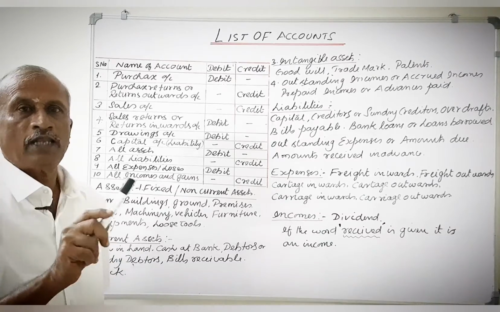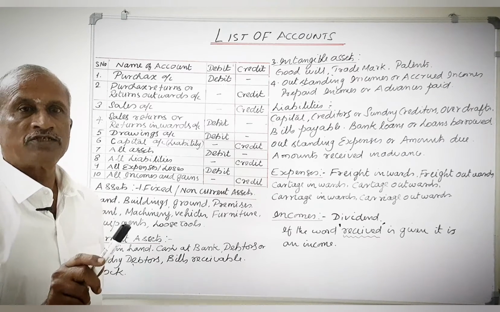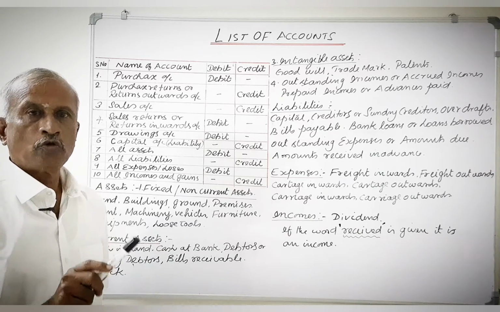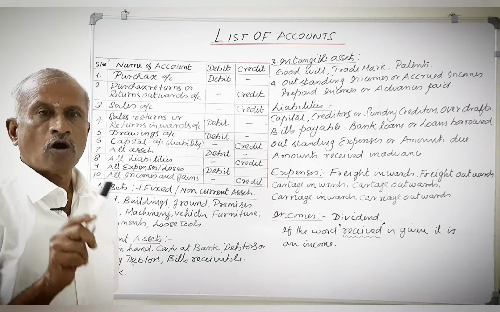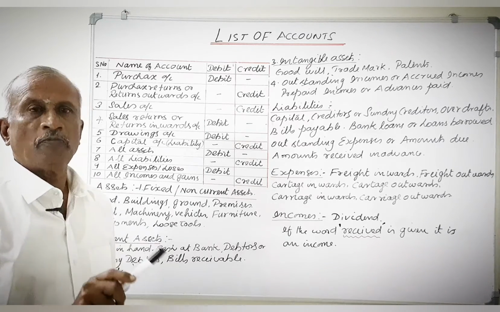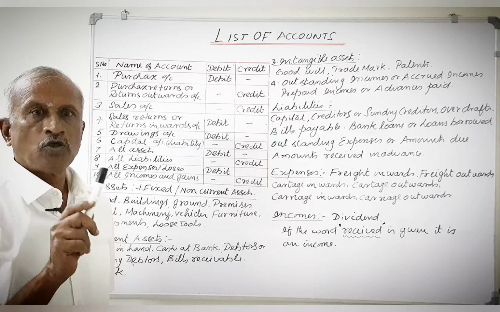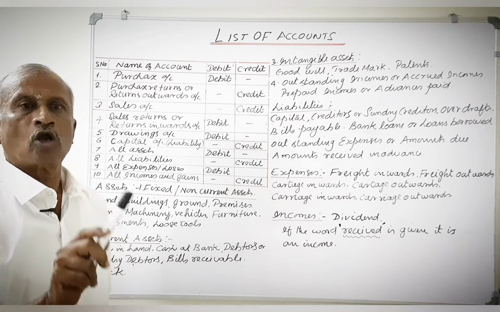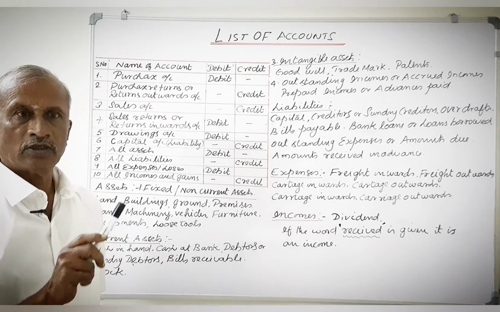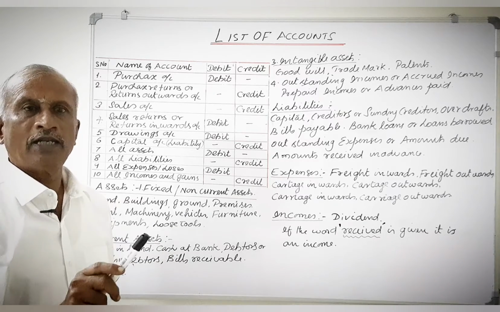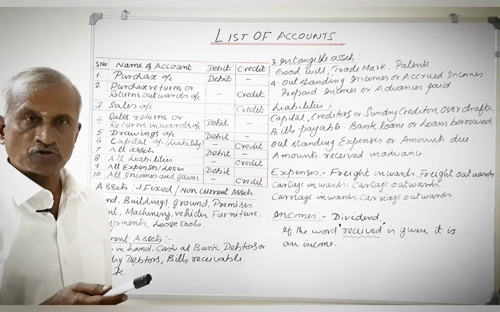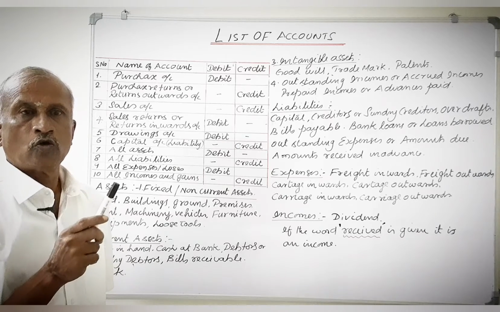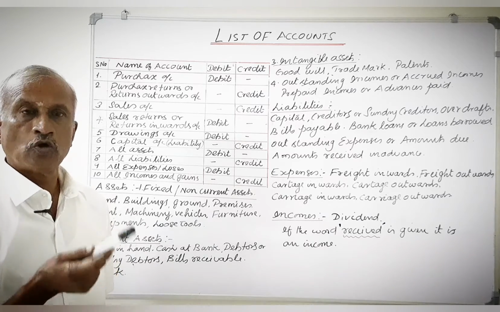You all know that trial balance is prepared from the balances of ledger accounts. But from the examination point of view, it may not be feasible to give various ledger accounts to prepare the trial balance. Instead of that, you are given balance of various ledger accounts and you are asked to prepare the trial balance. It means you have to prepare the trial balance directly without ledger accounts. For this, you have to remember which accounts show debit balance and which accounts show credit balance.